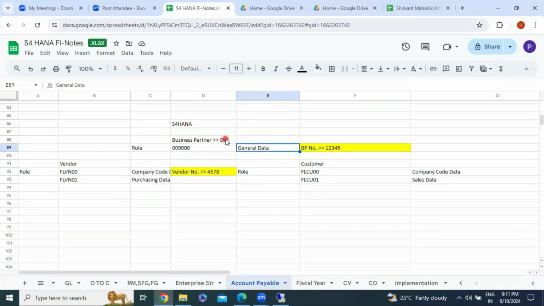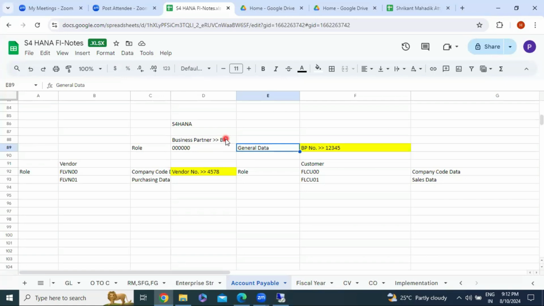Just like whenever you post any document in SAP, the system generates a unique number for that document. In the last session, we saw general ledger postings. After the GL document is posted, the system assigns a unique number to it. From where does the system take that number? We define it in number ranges, and from that number range the system assigns the number to the document. Here also,